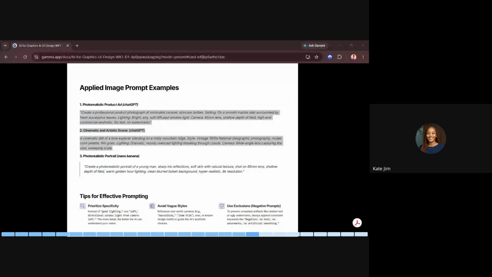Sorry, it's messy. But yes, the first one is Nano Banana. The second one, and the last one, is ChatGPT. So you can pick any of the two. I hope you can access it now, please.